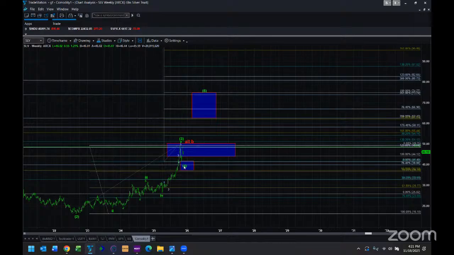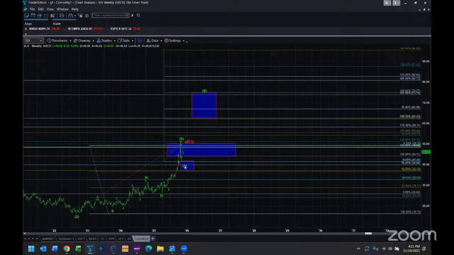And from this fourth wave consolidation, my expectation is we can go as high, and this is SLV, by the way, we can go as high as the low to mid 70s in SLV, which probably puts us into the mid to upper 70s, maybe even 80 in the silver futures. So that's my expectation at this time. There's a number of reasons I maintain that region for a target, but I'm not going to go into depth into all the detail of the analysis. I'm just going to give you my overall views on where I think silver can be heading.